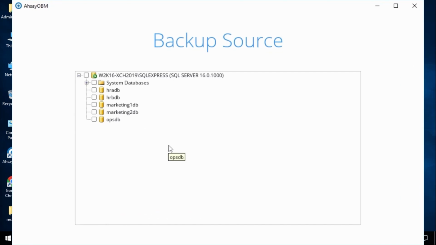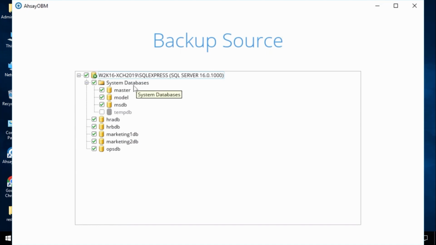Select the database that you would like to backup. For our example, we will select the whole server to backup all the available databases. Make sure to always backup the system databases, namely the master, model, and MSDB databases, after every significant update. These files are essential for the operation of the server instance and contribute to a successful recovery of the whole